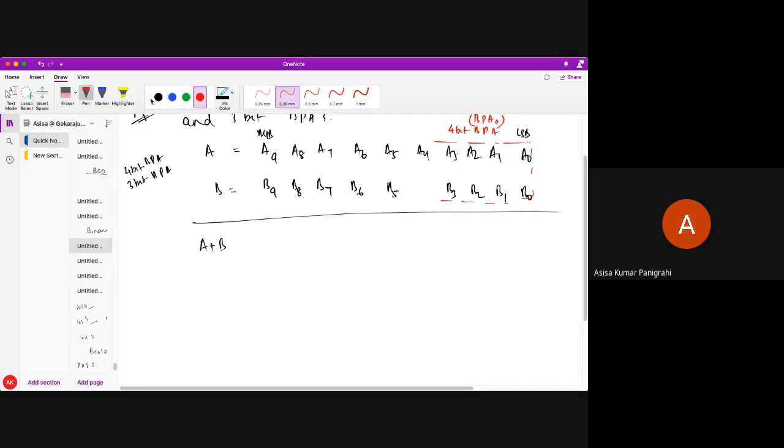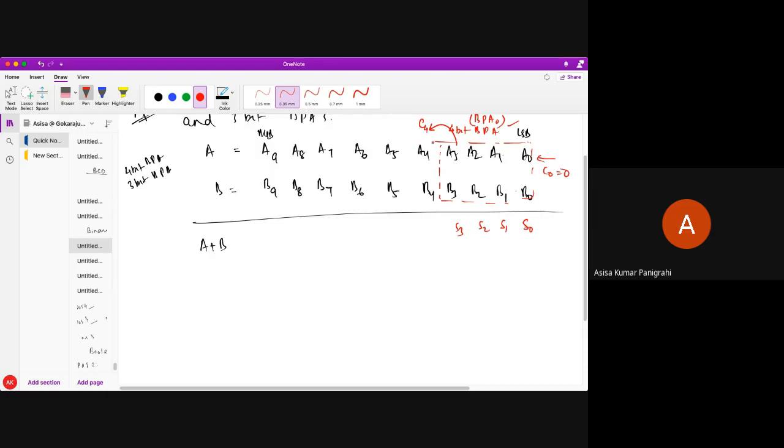Do you all understand what I'm saying, students? Very simple. In order to design this first 4-bit BPA, I need A0, A1, A2, A3, B0, B1, B2, B3, which can be added with BPA0, and it produces the outputs S0, S1, S2 and S3. It takes an input carry C0, which is 0, and it propagates the carry C4.